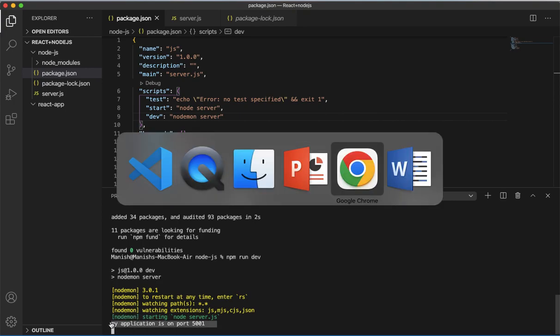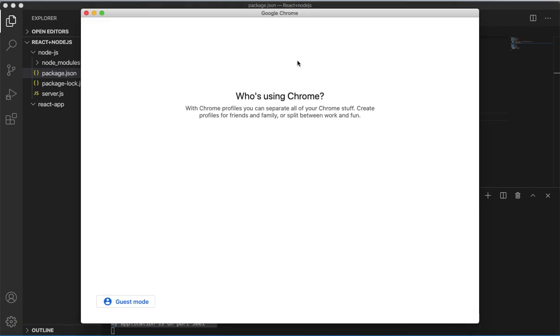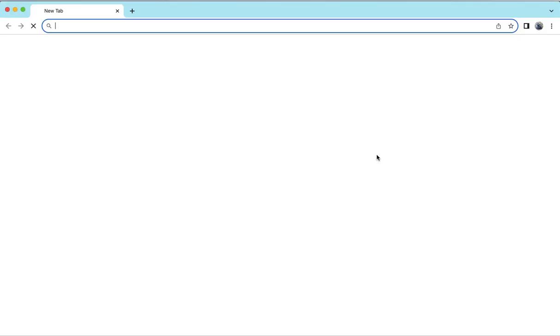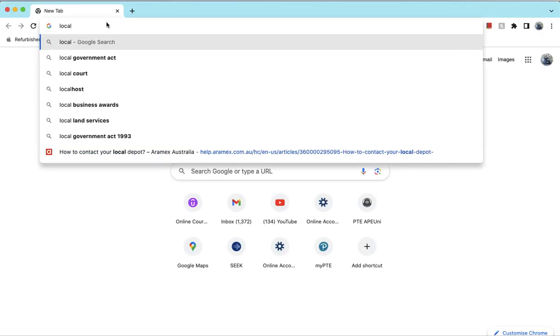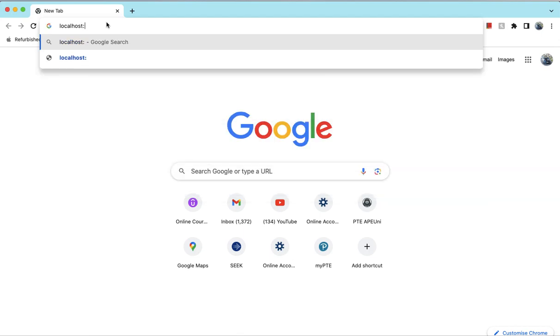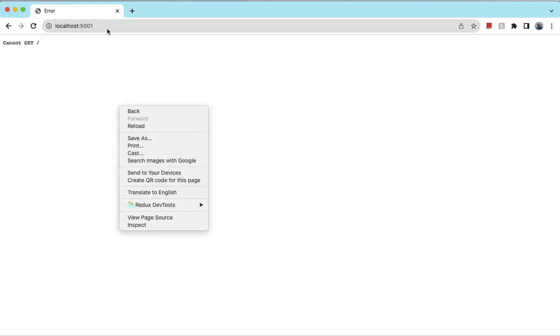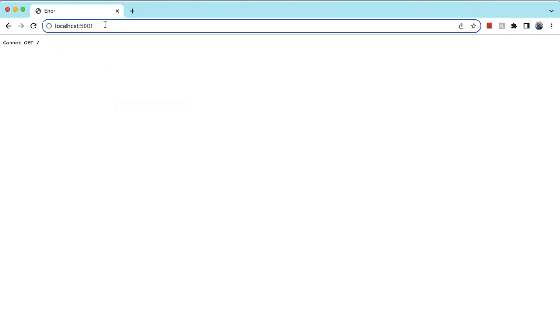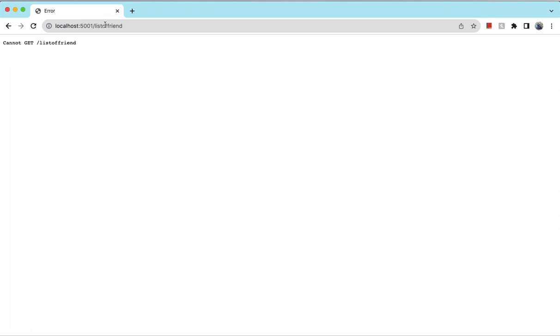If you go on a browser and hit it with localhost 5001. Oh sorry, you'll have to give the path name as well, and when you hit it,